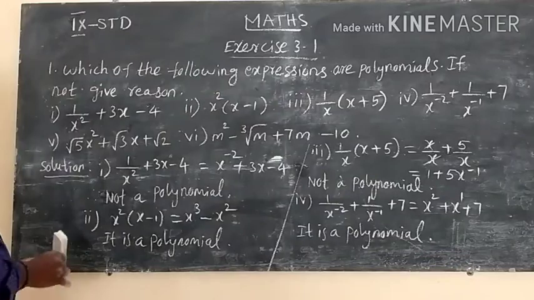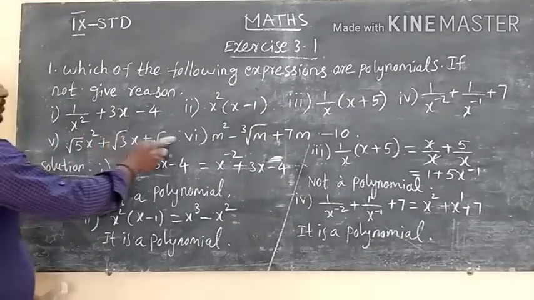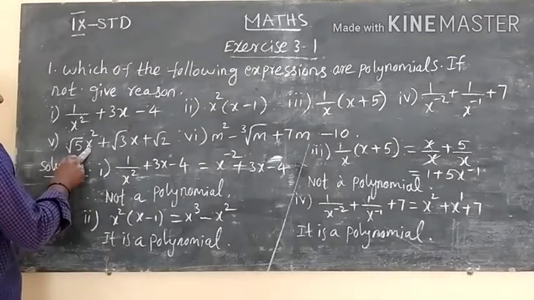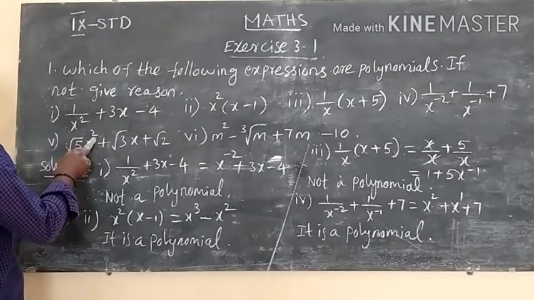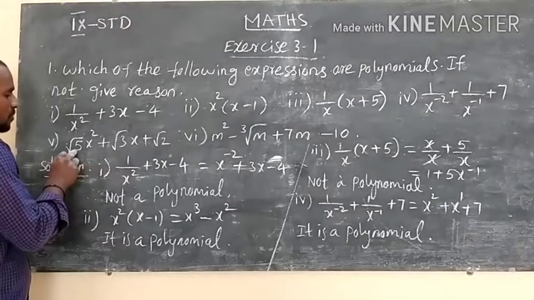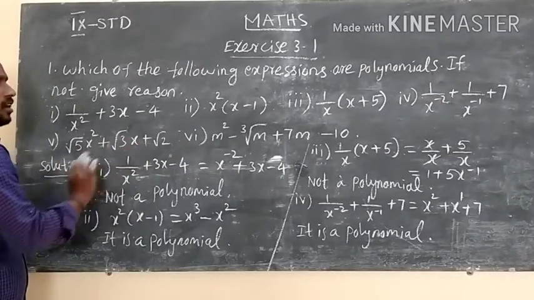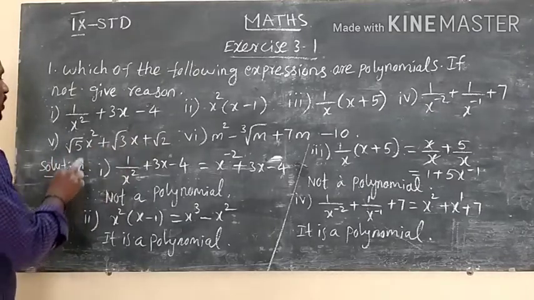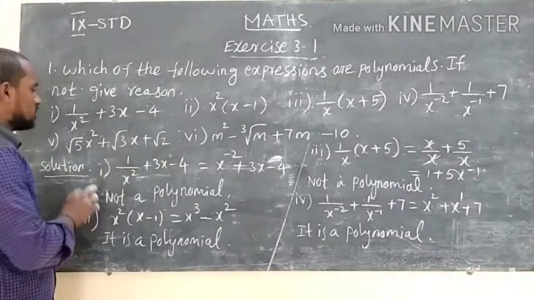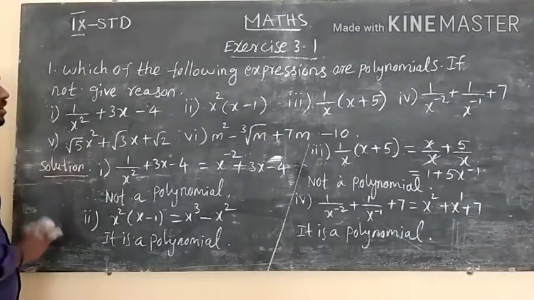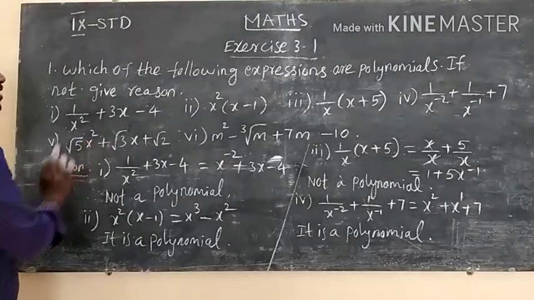In this slide, we find out the answer of fifth and sixth. Okay. The fifth question is, directly consider x square, x and constants. Here we don't need to compare the constants. These all constants are root values. Here no need to compare the constant values. So only compare the variables. So x squared, x, these are positive exponents. So it is a polynomial. Directly I can write it is a polynomial.